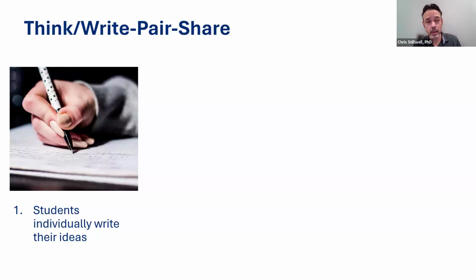The next thing we did is something called think, write, and pair share. Perhaps you've heard of this before: think, pair, share. It's a great way to get students to participate and really have everyone participate. So it begins with students writing by themselves. We know we're going to write a story about a haunted house. We have those words on the board that help us think of some ideas or give us some vocabulary we can use. So then students get a couple of minutes to try to write something by themselves